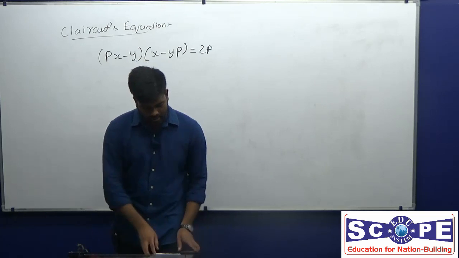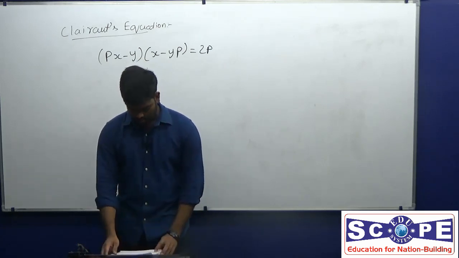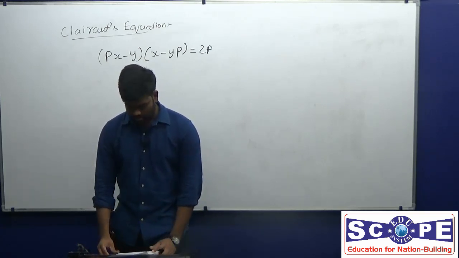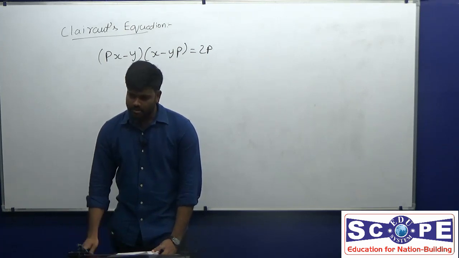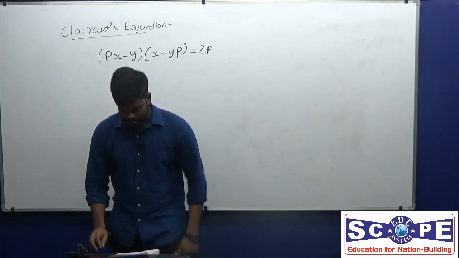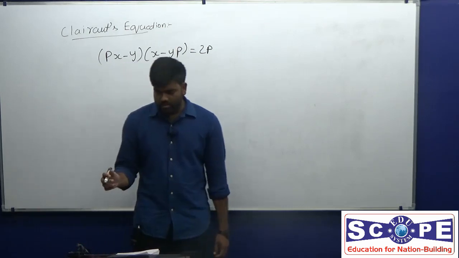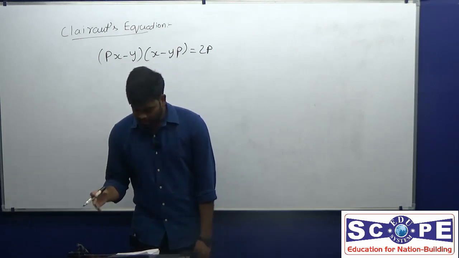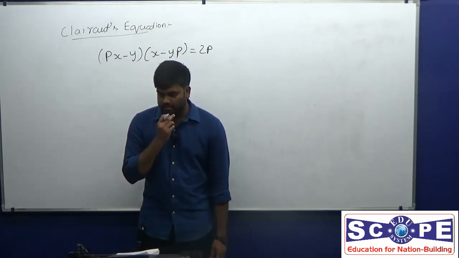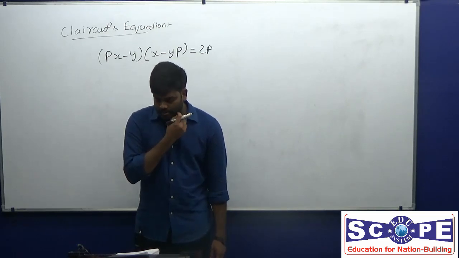Y equals, answer. Y equals to? That's it. No, I think it would be y square, cx square minus 2c by 1 minus c. In the remainder you will get